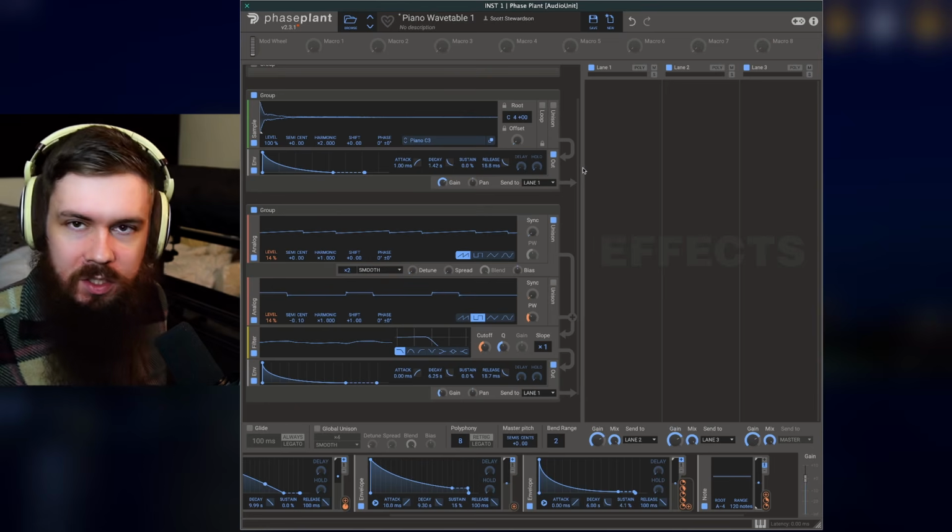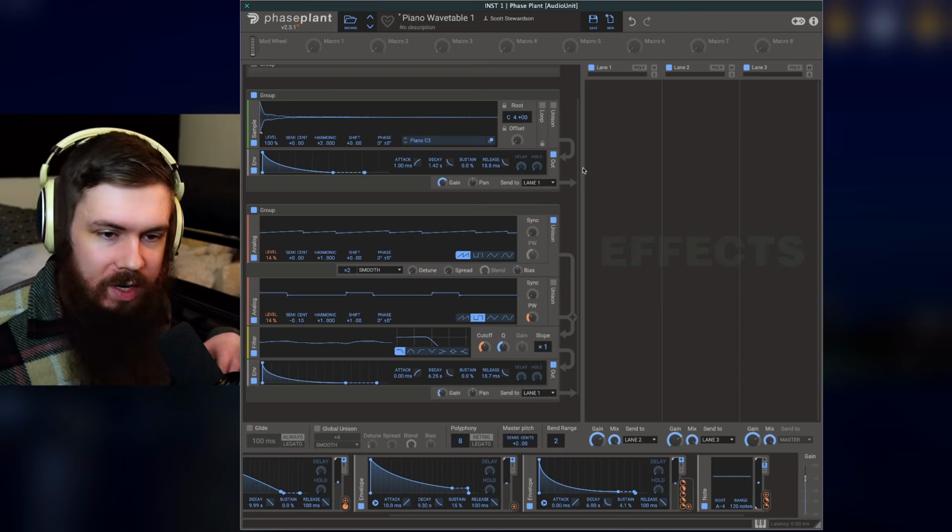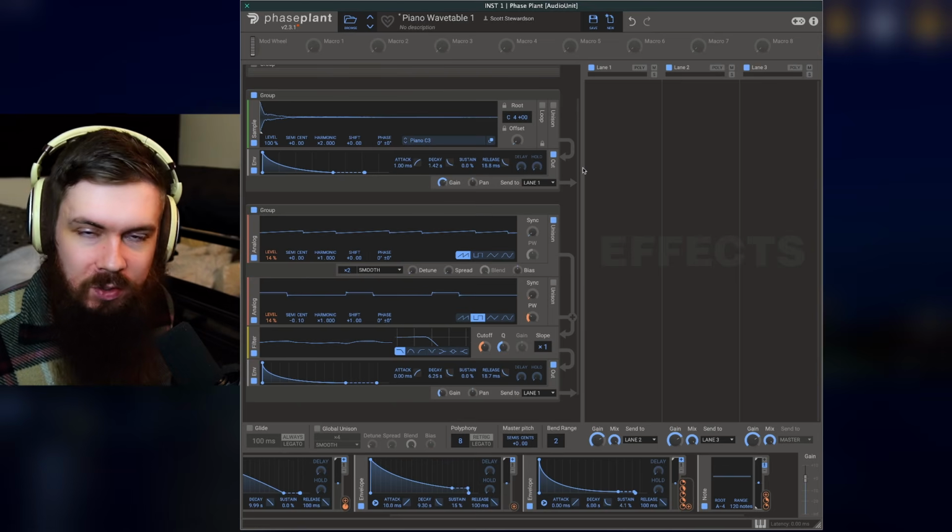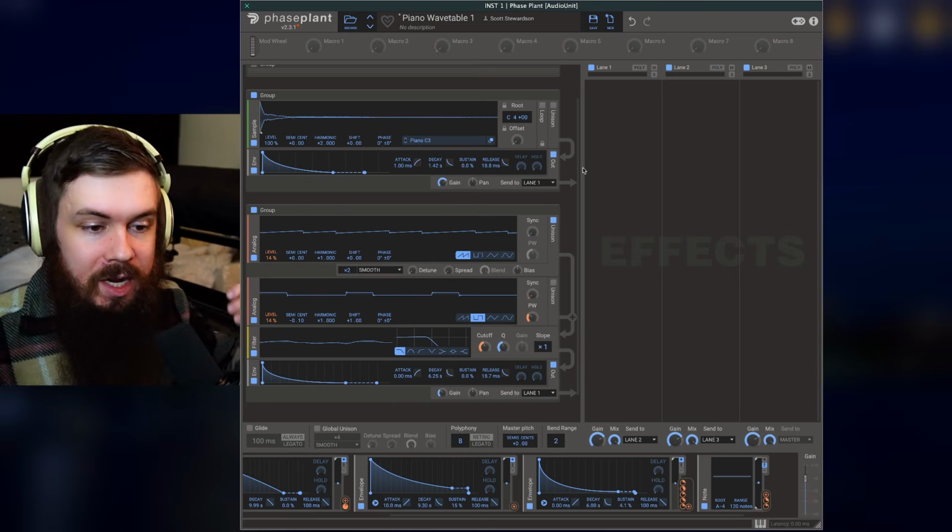So yes, that is at least 5, not 10, 5 ways to synth keys. Of course, using these methods, you could go even crazier, do more stuff, do less stuff, and still get an interesting sound. But yeah, the rest I will leave to your imagination,